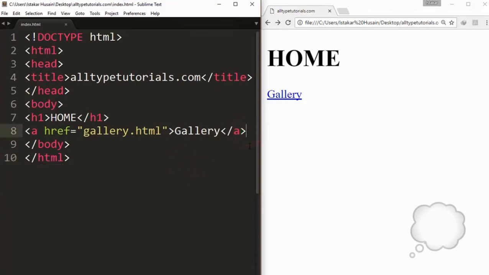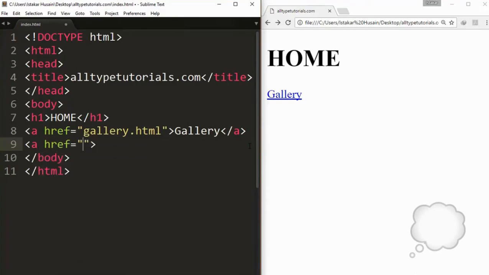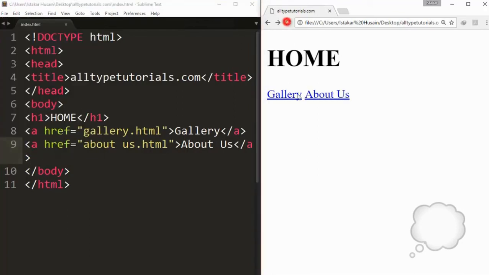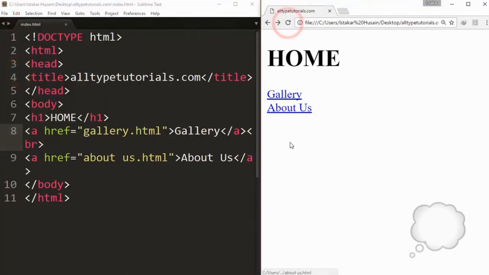This is your container tag, and then we will write another link, a href hyperlink reference equal to aboutus.html. This is your second file name, and then the about us content. See, you will refresh your browser, and then you can see your output automatically after refreshing.